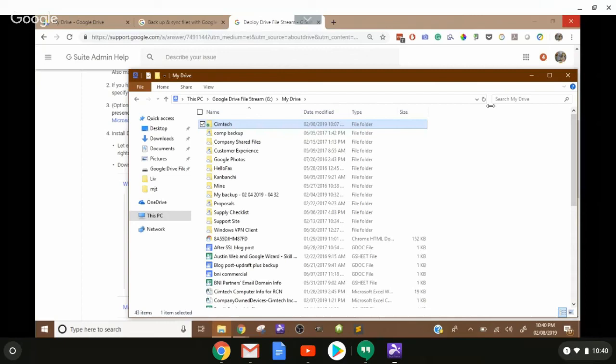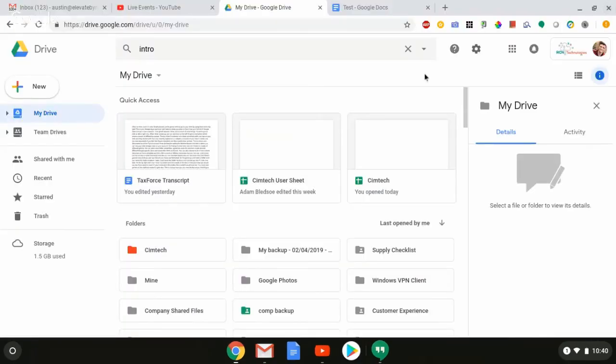And that is the basics of Drive and the basics of Drive file stream. I hope I was able to show you all a couple new things and was able to